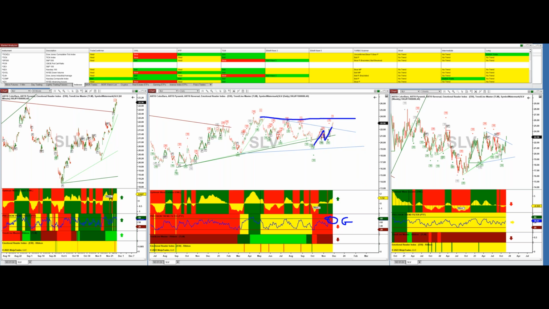So we've had the move up. The hook was reached, but this was red. So I'm not going to go long there, but it's also close to going green. So if we see a lot more bullishness come in, it will turn that PTF green. And at that point, it signals a buy. So we'll keep a close eye on the silver.